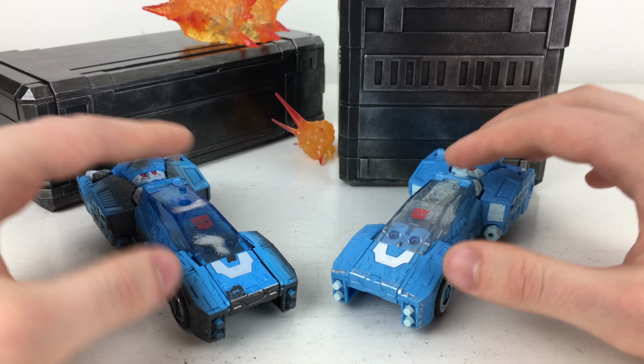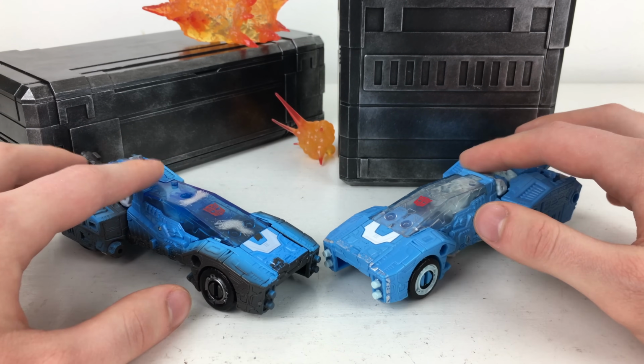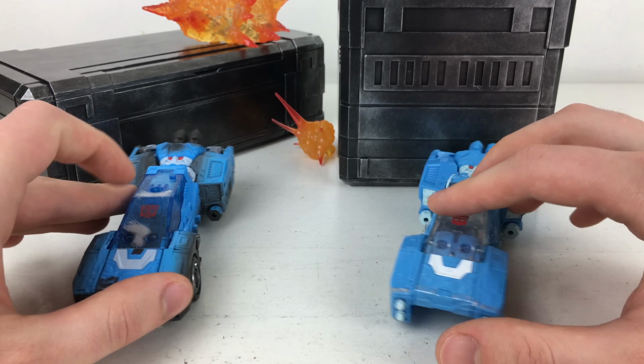Definitely a super cool figure. So yeah, I highly recommend this newest Netflix Chromia. I think that she is, as I stated, the third best in the deluxe assortment. She's definitely up there with Scrapface and Mirage. Of course, they are drastically different from their original counterparts, but I think that she's probably the third most different out of them all, with of course Sideswipe and Hound being the last two. Hound is just awful. It's such a shame that they didn't take this type of approach with Hound, but a